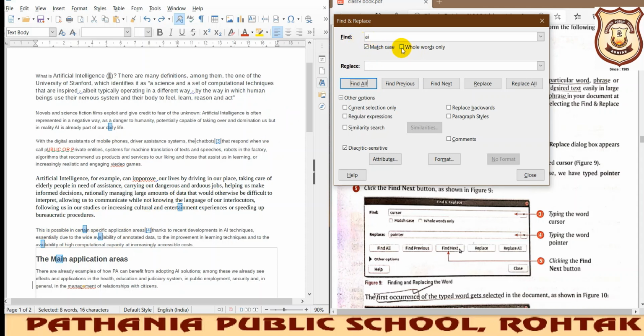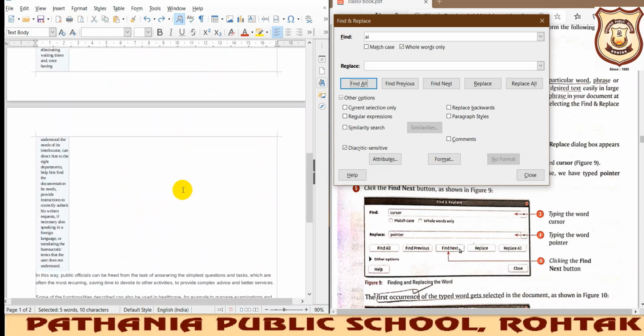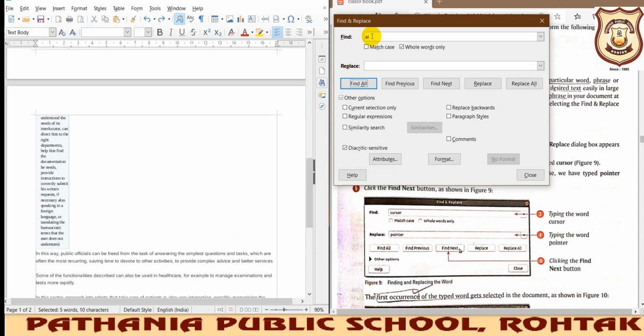Now I want to uncheck match case also, so it will extract AI whether it is capital letters or small letters, but it should not be a part of a word. So you can see AI, capital AI again, and the small AI also. All the AIs we have found with the help of this concept.